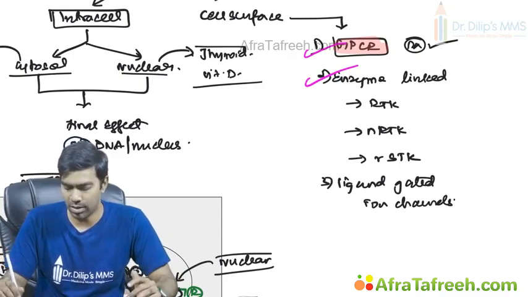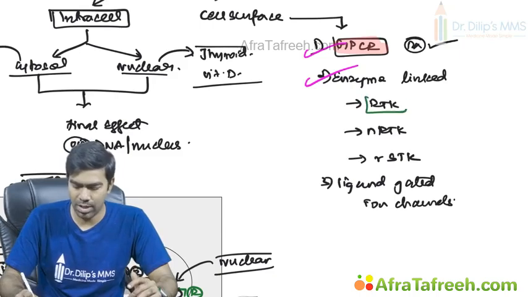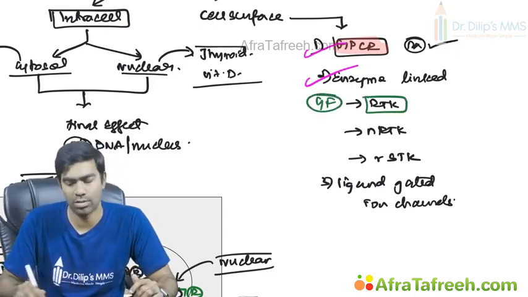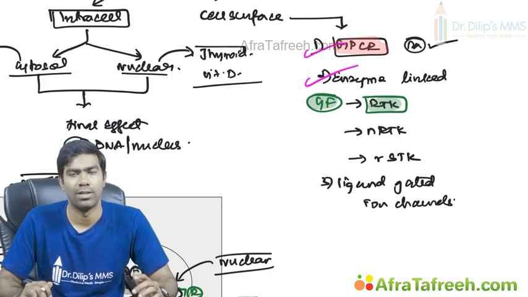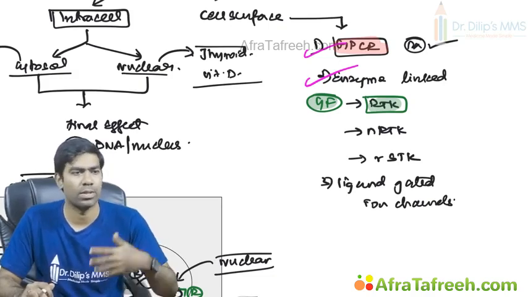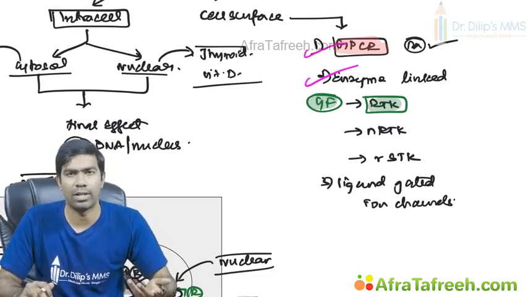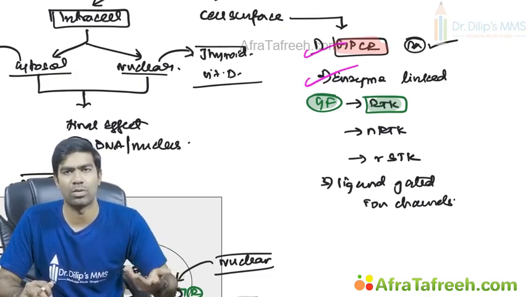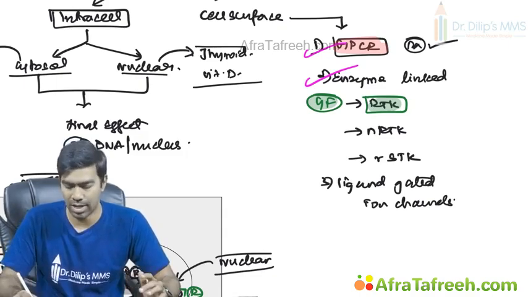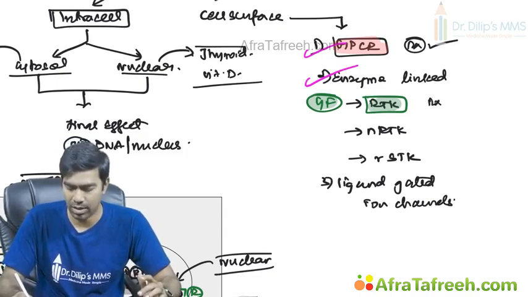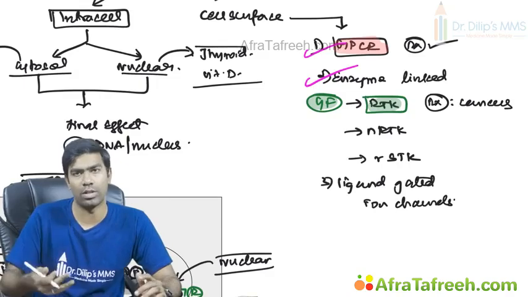Fine. Similarly, your receptor tyrosine kinases, you know very well, a lot of growth factors act through receptor tyrosine kinase only. That's why this RTK pathway is also called as a growth factor pathway. So VEGF, PDGF, epidermal growth factor, EGF, then FGF, fibroblast growth factor, all these growth factors are going to act through this RTK pathway only, which means targeting this RTK pathway may be a potential treatment for cancers because they are mitogenic, growth promoting pathways. So they are oncogenic pathways as well.